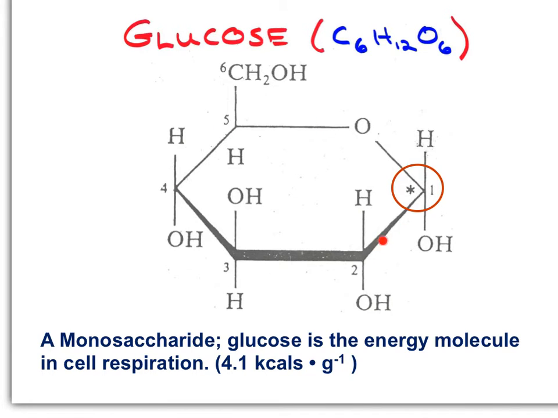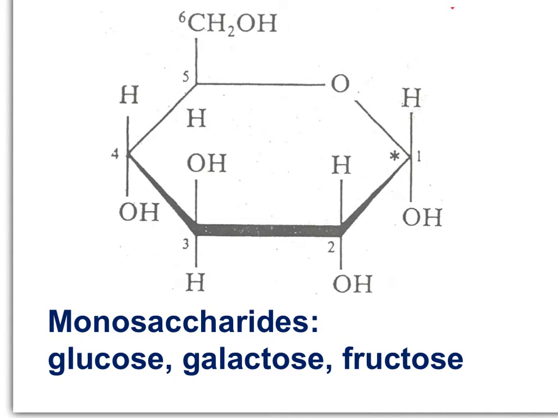Notice the hexagonal shape. This is C6H12O6. The carbons are counted from here, 1, 2, 3, 4, 5, and 6. Carbohydrates provide 4.1 kcals per gram, and it is glucose that is the first substrate in cell respiration. Glucose, galactose, and fructose are all monomers of carbohydrates, monosaccharides. They are isomers, as all three have the same molecular formula of